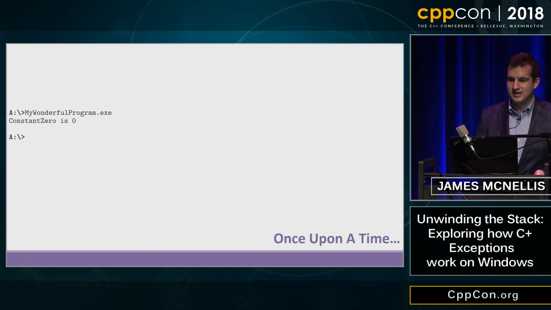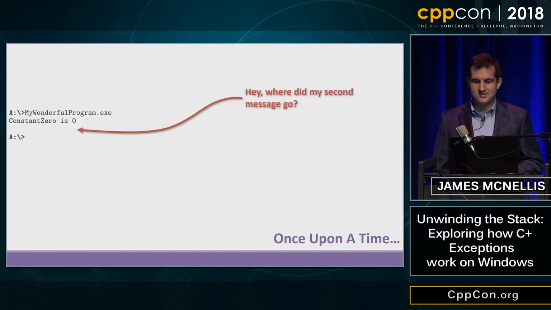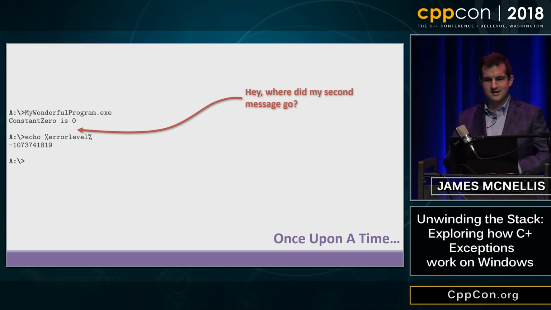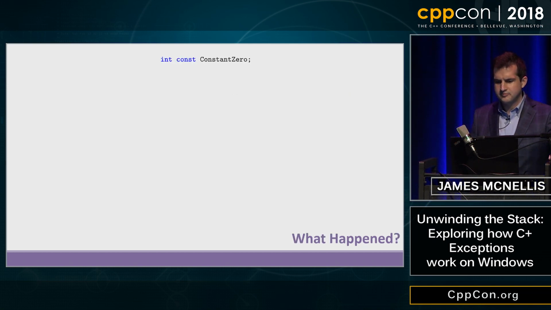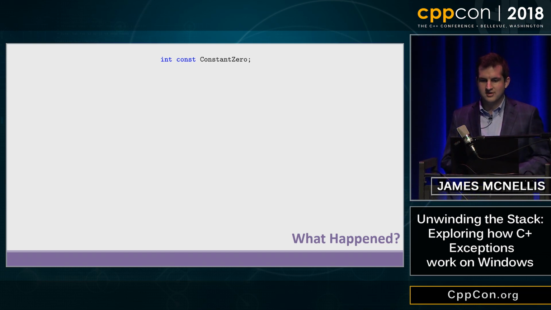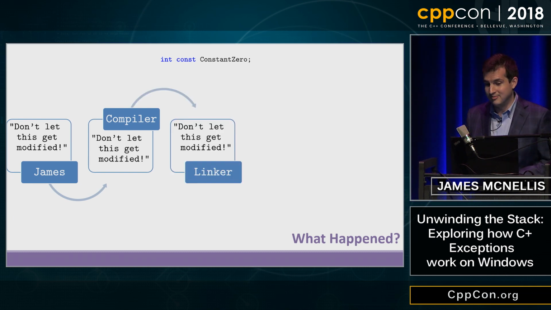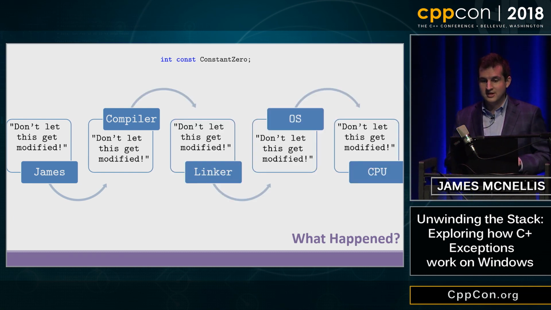So it printed the first message, but where did my second message go? So then I checked to see if something went wrong, and I discovered that my program returned this big, scary negative number. I'm much more used to my programs returning 0. So what happened? When I declared this global constant variable in my program, what I was actually doing is telling the compiler to tell the linker, to tell the operating system, to tell the CPU, don't let this thing get